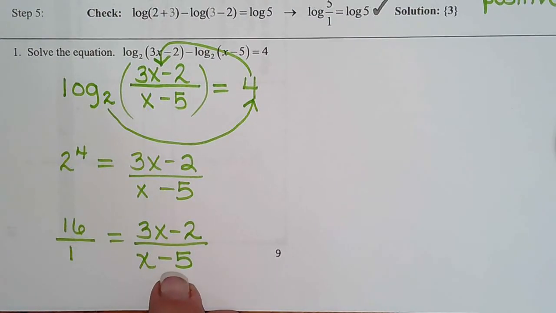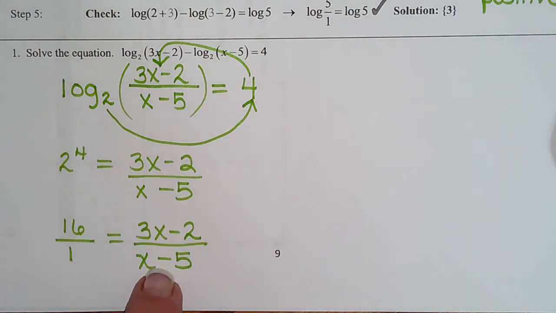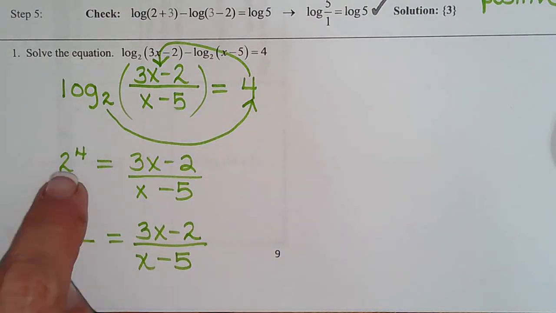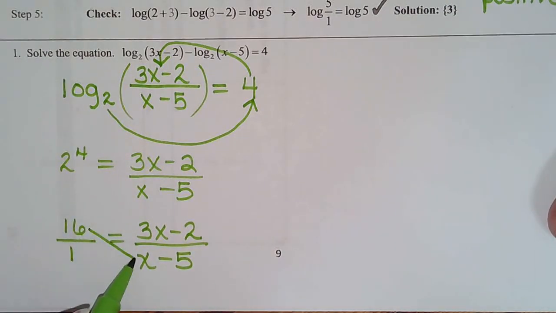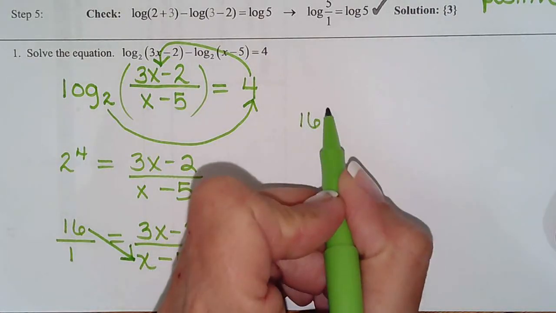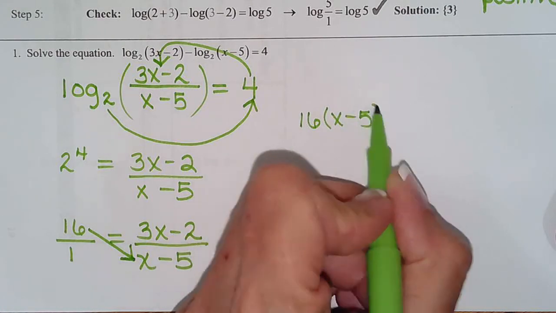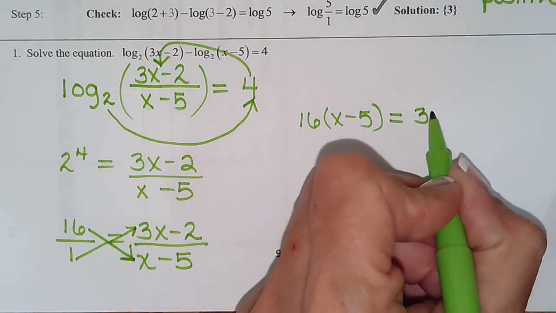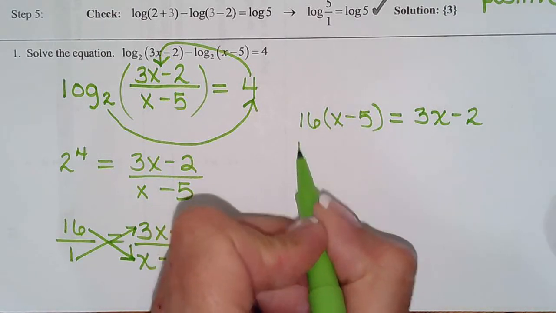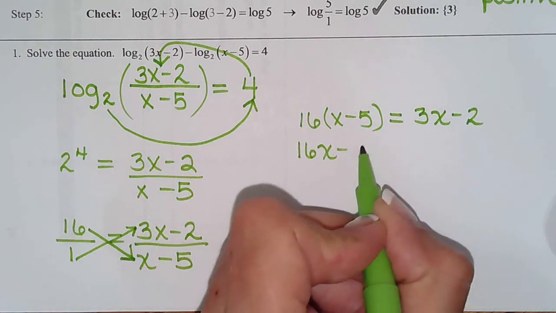From the example above, we learned that if one side is a fraction, make the other side a fraction. So 2 to the 4th is 16, so I made it 16 over 1. Then we can cross multiply and set the two cross products equal. This cross product is 16 times x minus 5, set equal to this cross product, 3x minus 2. That leaves me 16x minus 80